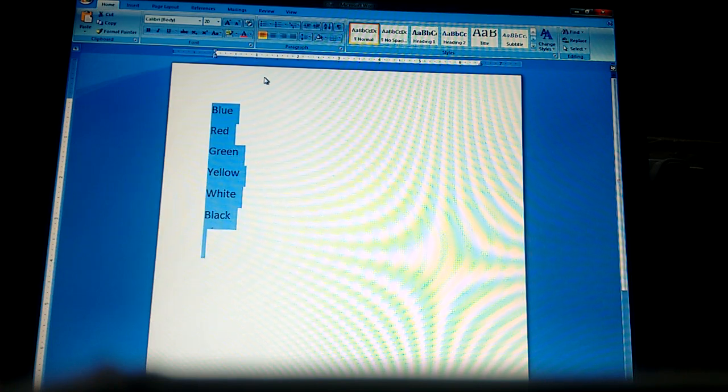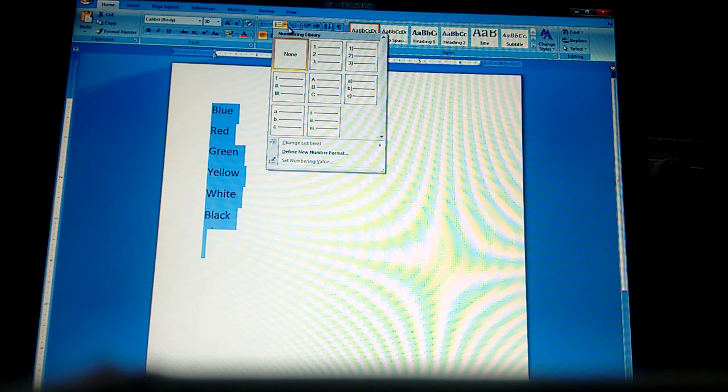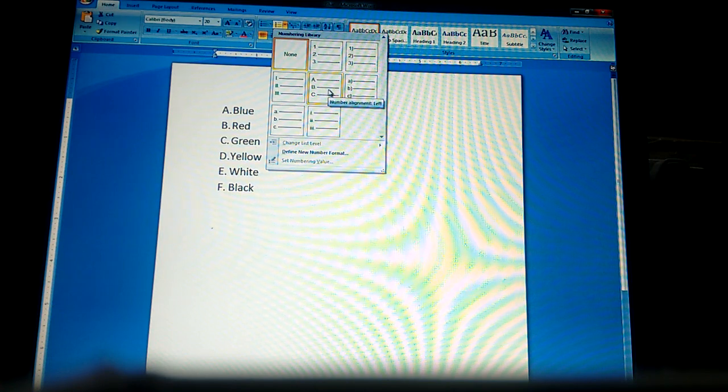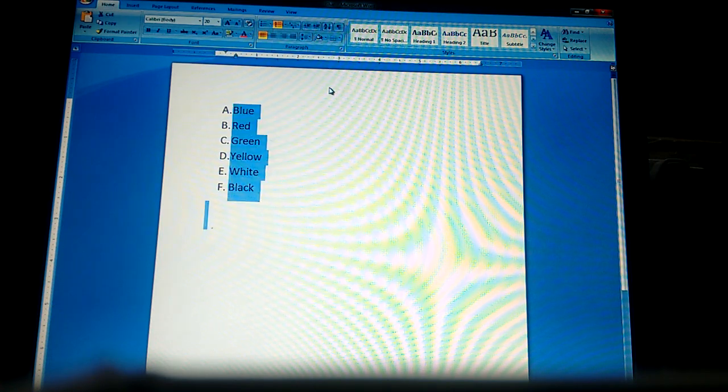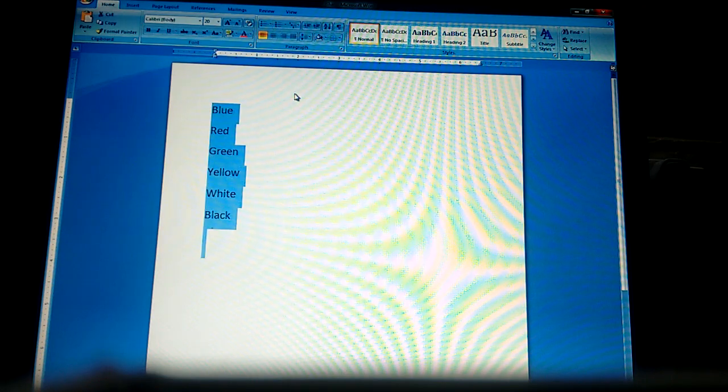And if you want to apply numbering, again we have to select the text first, then we will go on numbering. From here we can choose which type of numbering we want to apply, like 1 2 3 or A B C. Which we want, we will select that one. It will be applied on our text. If you want to remove it, same procedure here. We will go on it and click on the none option. It will be removed from here.